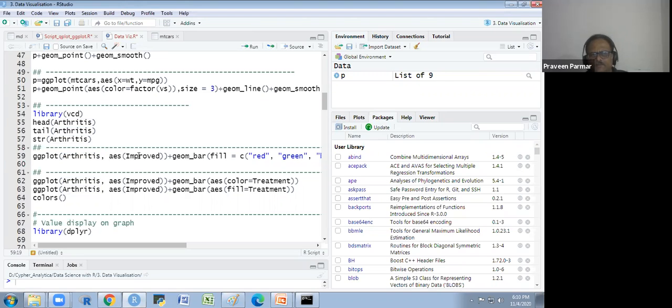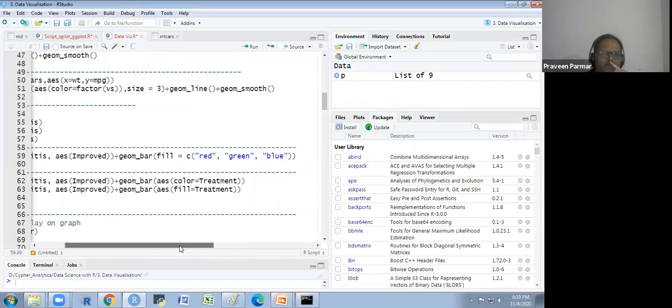Improved is a categorical variable. We have 3 categories: none, some, and marked improvement. And because it is categorical, I can make a bar graph only. So geom_bar.